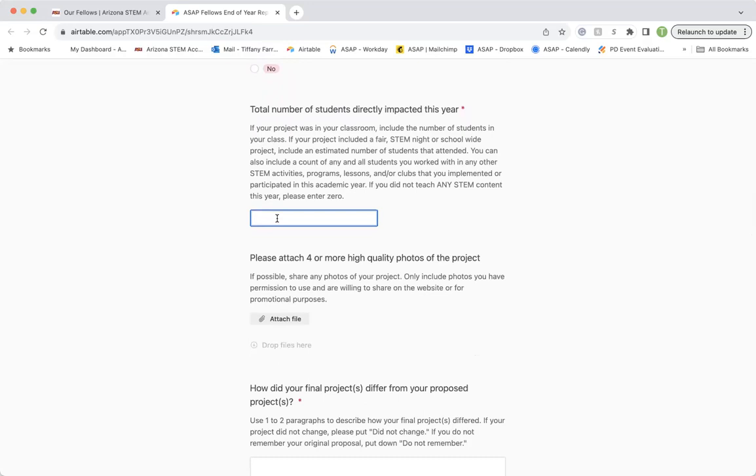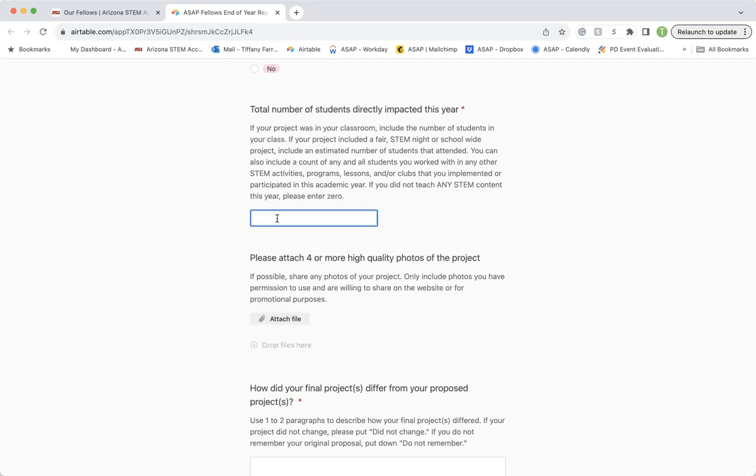Please give your best estimate with this number. If you have a concrete number that you reached, please use that exact number, or if you have to make a guess on that number, please try to guess